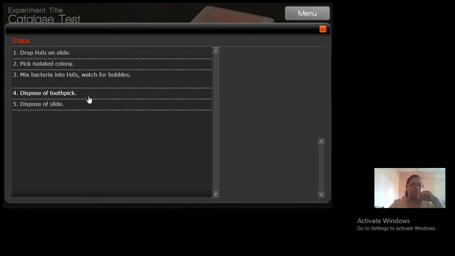Second very important thing: when you are doing the catalase test, try to pick up the colonies from a nutrient agar plate. If you have colonies growing on blood agar, never do a catalase test, because blood also has some amount of peroxidase property, and if by mistake along with the bacterial colony you picked up the media also, you can get a false positive result.